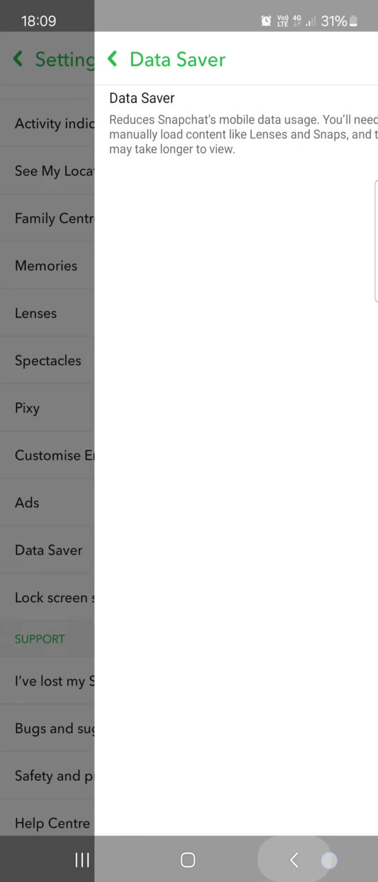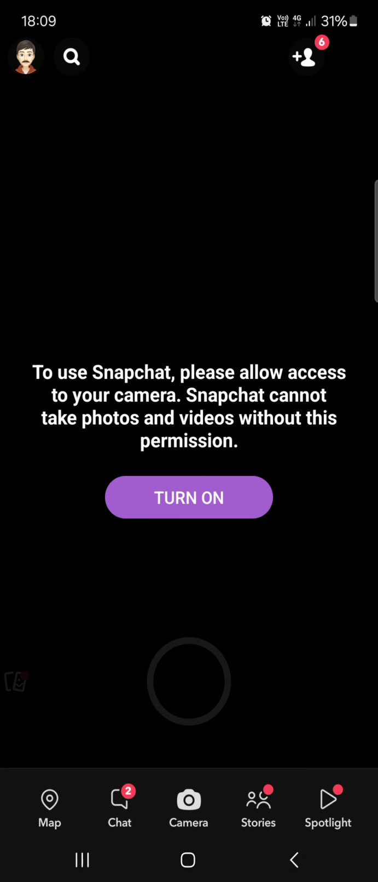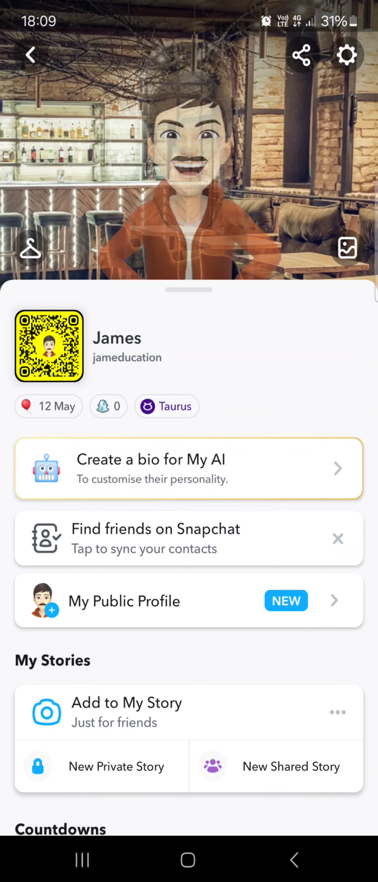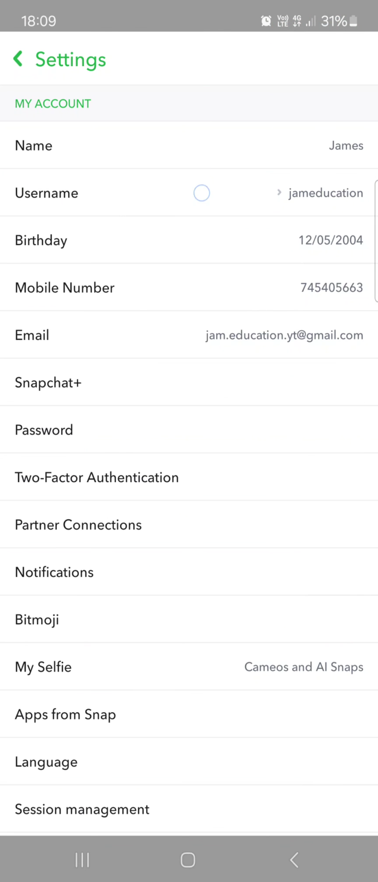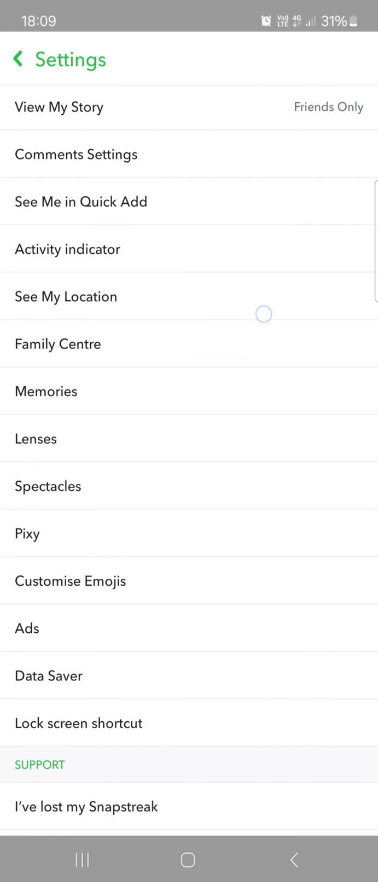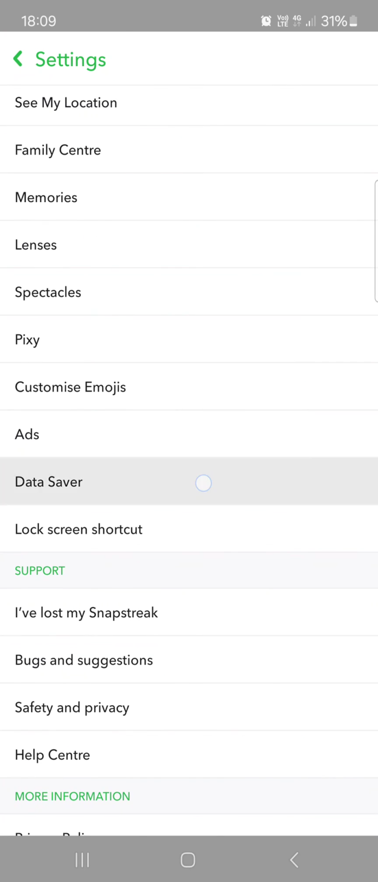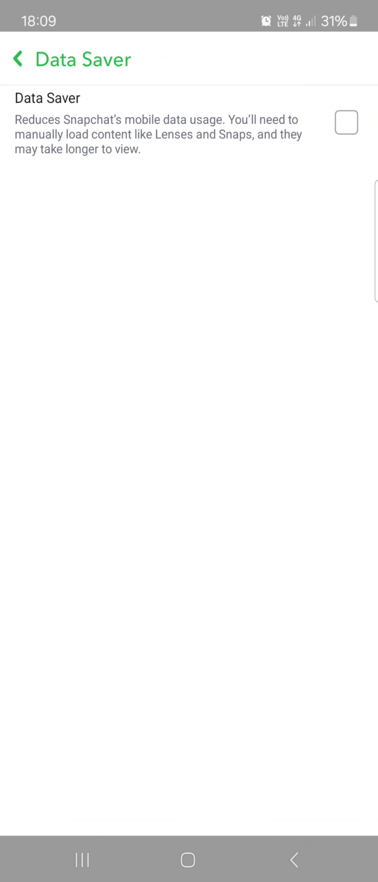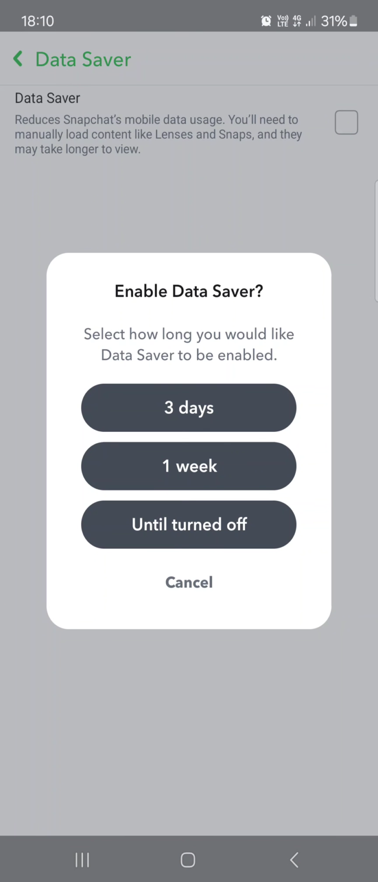First let's open up the app. Here it opens up in the camera. From here we just go into the profile menu, then into settings, and here we scroll down and tap on data saver. And here we can turn on data saver just by tapping on this